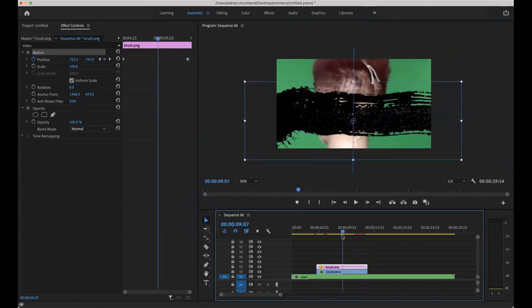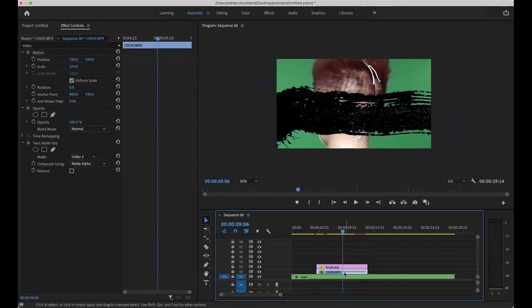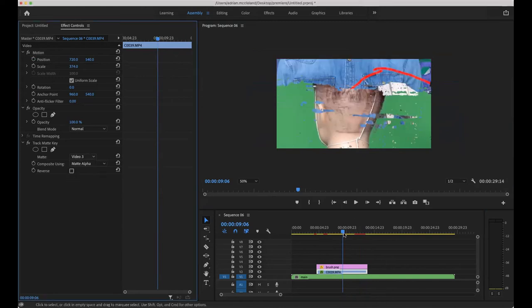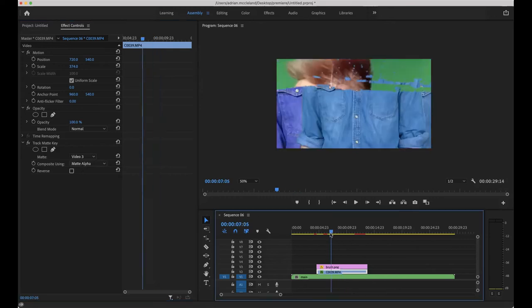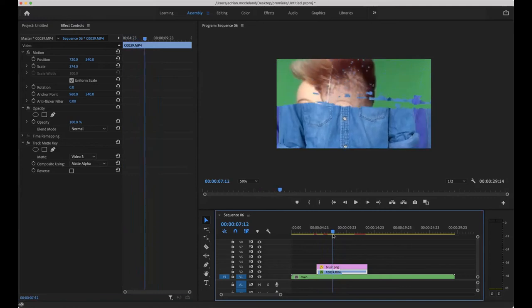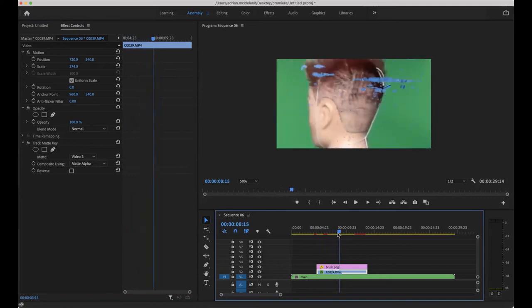So if I move back in the middle here somewhere, I can click on this. I'm going to go to my track mat, and it looks like it's layer 3. It's a matte alpha. So what we're going to get, that head